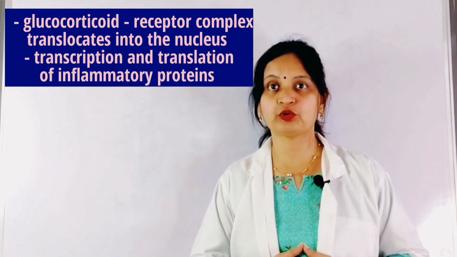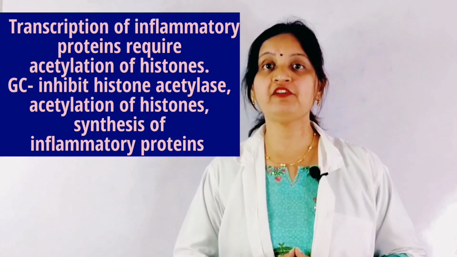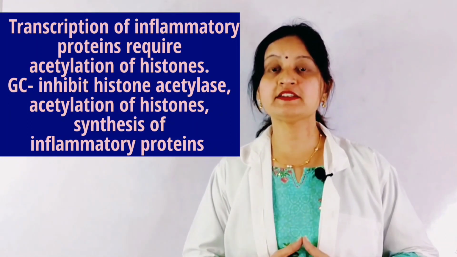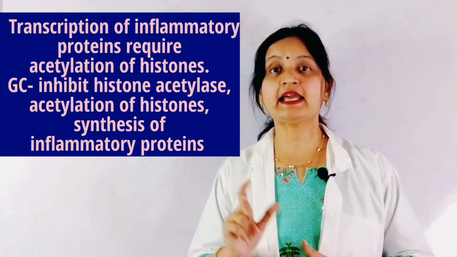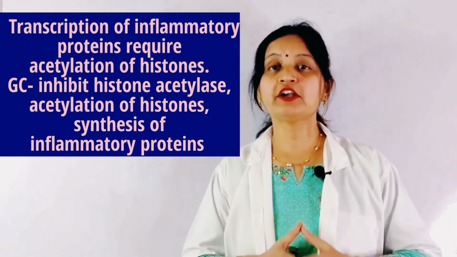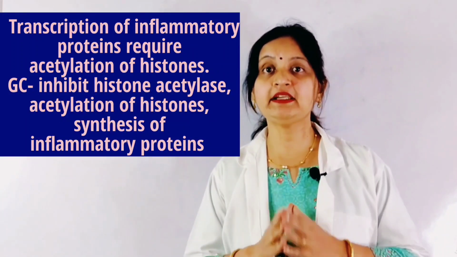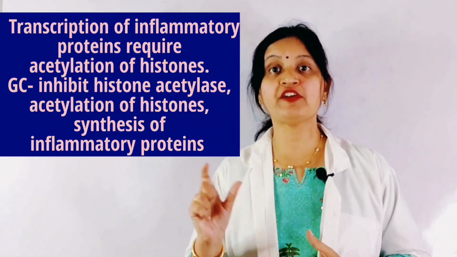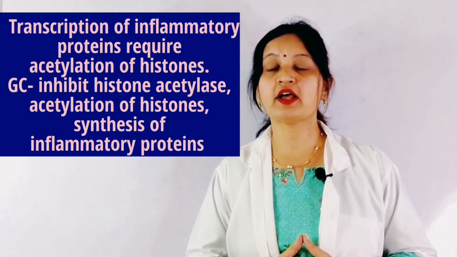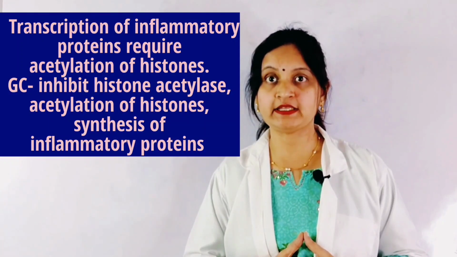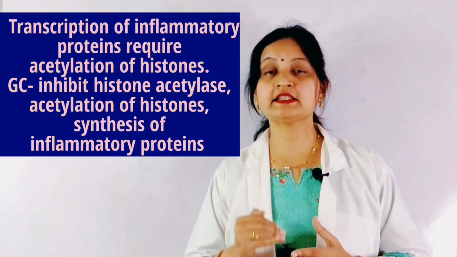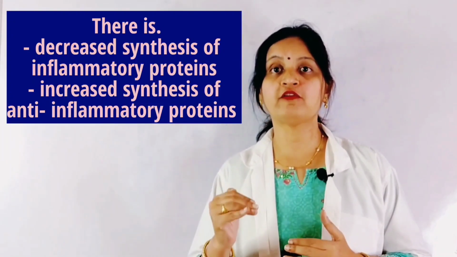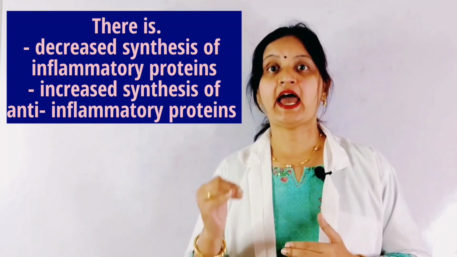of inflammatory proteins. The transcription of inflammatory proteins requires acetylation of histones, which occurs in the presence of histone acetylase enzyme. So, glucocorticoids have the property to inhibit histone acetylase enzyme, thereby inhibiting acetylation of histones, which is required for the transcription of inflammatory proteins. So, this suppresses the synthesis of inflammatory proteins and causes recruitment of histone deacetylase and the